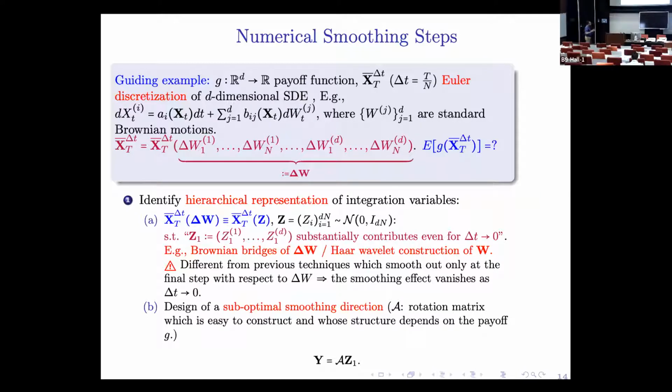representation that we use. And on top of that, you can take the coarser random variables, now Z1, and apply a rotation to those random variables. This rotation usually depends on the structure of the payoff. So if you think about the basket option or arithmetic basket option, you can think about the matrix A having a row that is equal to the weights of those assets, and then use Gram-Schmidt to build the other components because they will not matter. And then you get the random vector Y that we will use for our purposes.